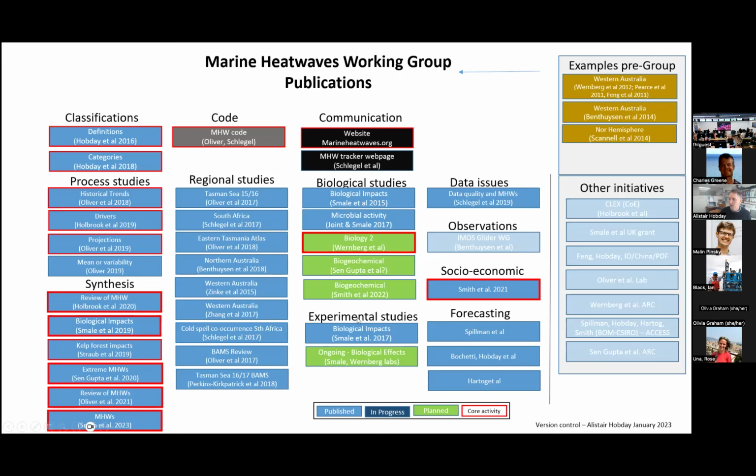There have also been biological studies, particularly looking at what are the impacts on the biology of a region, sometimes experimental work, studies looking at issues with data quality, how long should a baseline be when you calculate a marine heat wave and things like that, observation work of real-time subsurface monitoring of heat waves, socioeconomic impacts, and finally a suite through to forecasting. And I think if you, through the week, try and make yourself a mind map of where this literature sits, it will give you a really good overview of the material that you're covering this week with Chuck and the other lecturers.